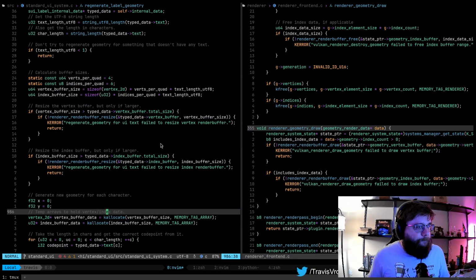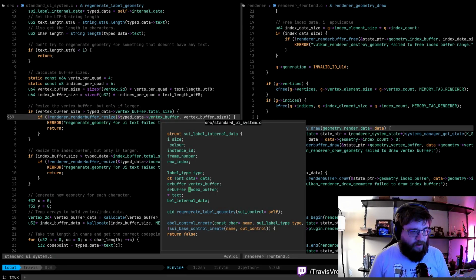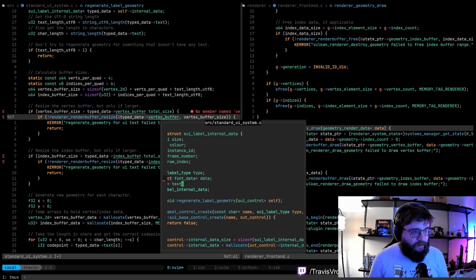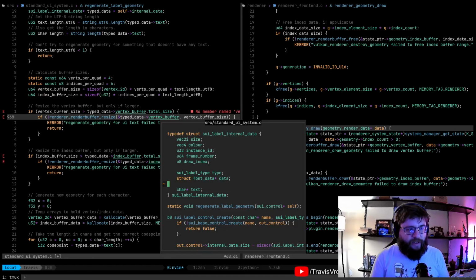All right, well, I think the first thing to do is kind of determine where all these things are is I'm going to go to the definition of these two buffers. And I'm just going to remove these guys. And I'm going to replace them with an offset, which, you know what, let me actually not do that here.